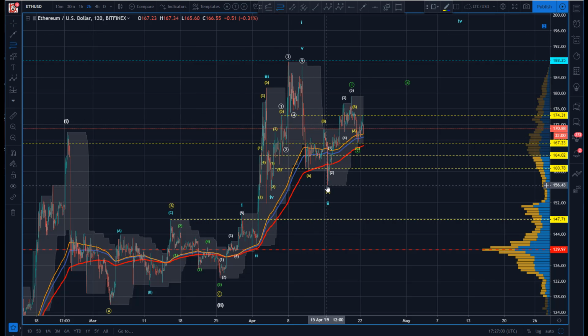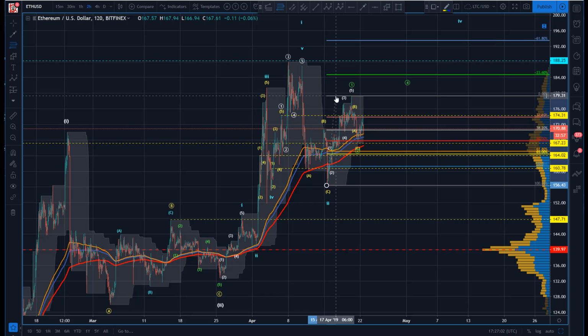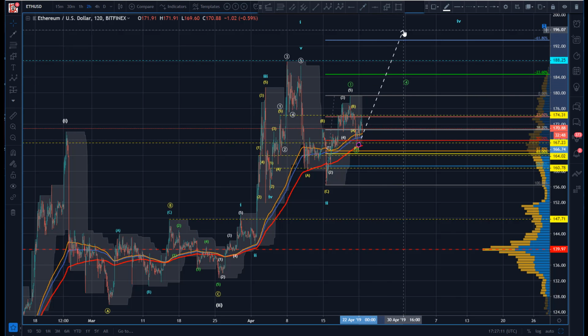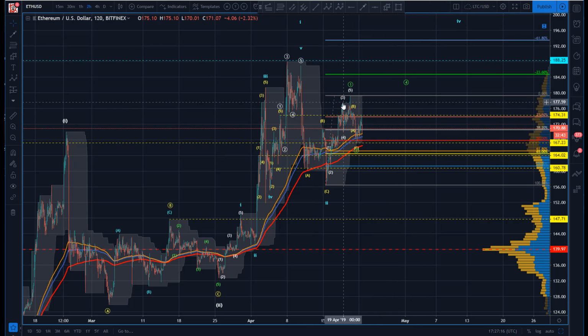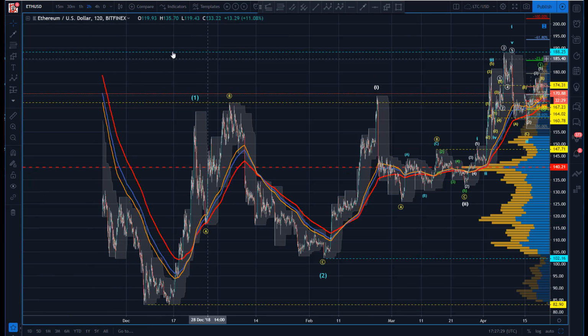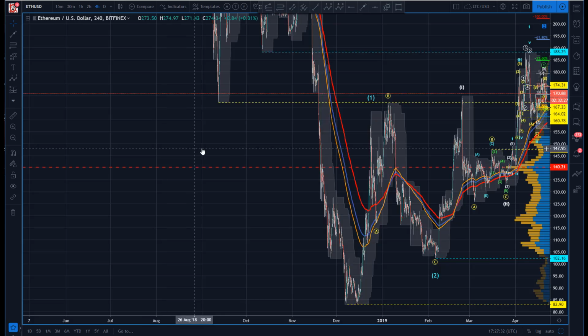So note here, if this is correctly identified as our pivot low, well, we've just tagged the 50. So let's assume that gets to target. That can't be our 3. So this has got to have more legs in it. So I don't see a trade here. It's too uncertain. The count is really wobbly because there's so many alternates that could be equally as valid here. So sometimes in that situation, I think it's better to just pull back out and go, okay,